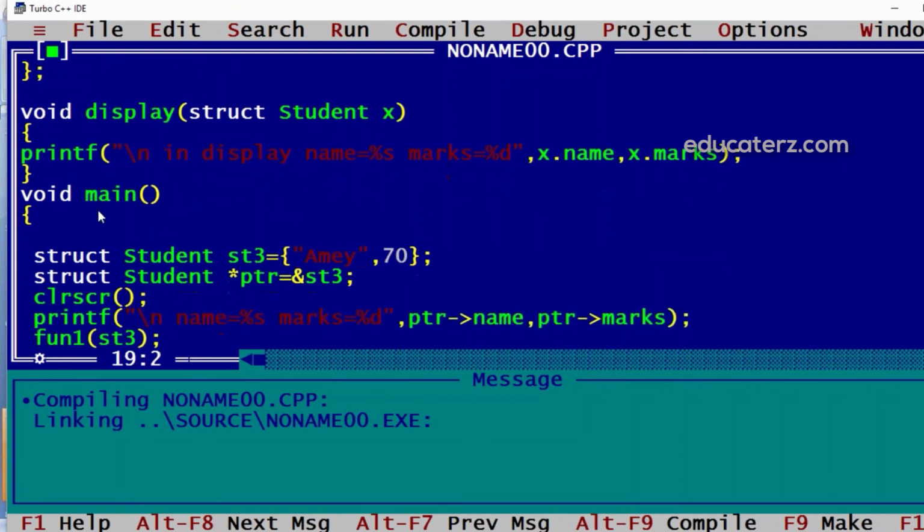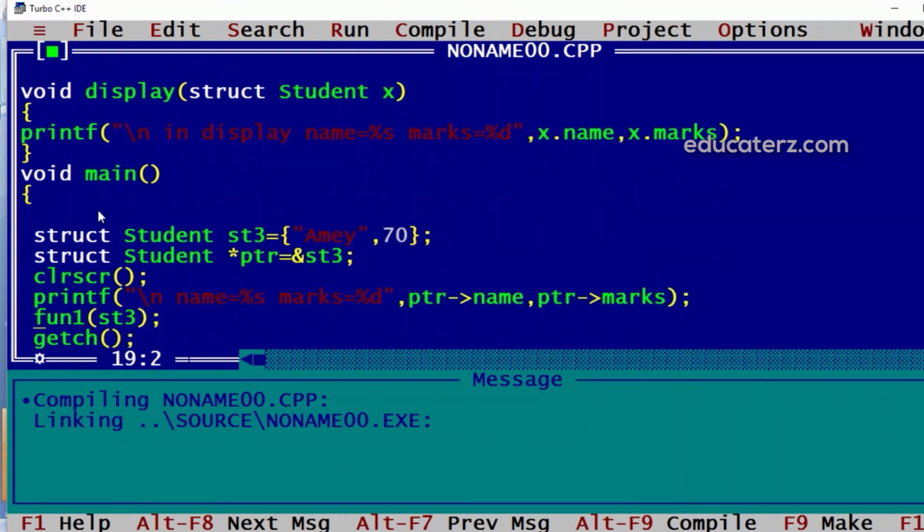Here I have called it by passing st3 to function 1. Now the name of the function is not function 1, we have to make it the name of the function, that is display, and we are passing st3. So st3 will go to x and it will display the values.